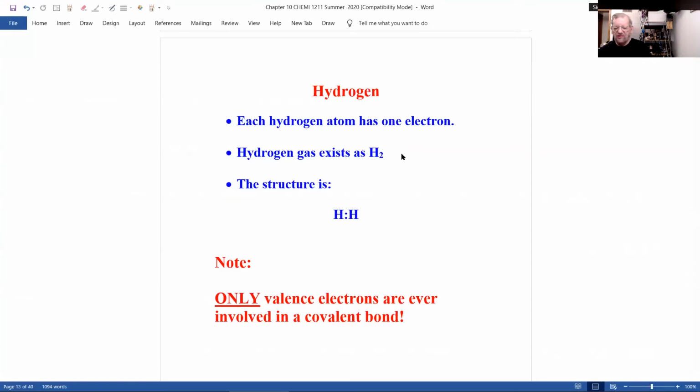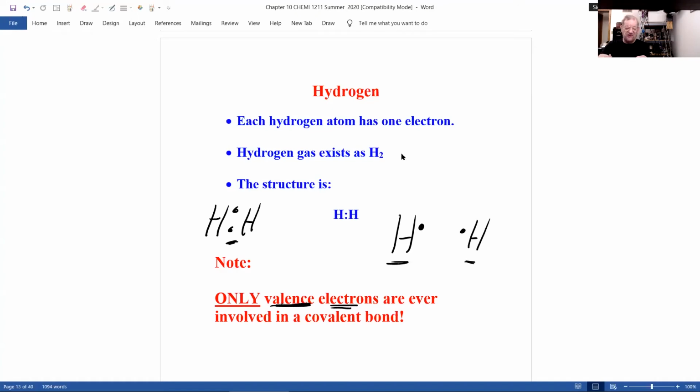Now, this hydrogen has 1 valence electron. This one has 1 valence electron. And this one says to the other, hey, look, I have an electron, you have an electron. Let's share. So we have a pair. And they do. And you draw it this way. And the only electrons that are ever shared are the valence electrons, the outermost electrons, which is why I really